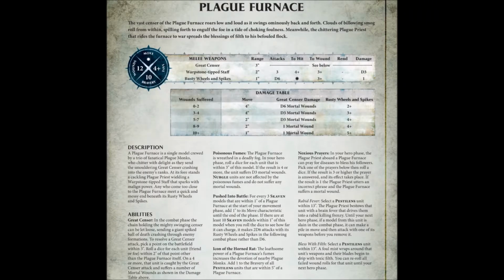The Plague Furnace is a very unique behemoth leader for Clan Pestilens. It can deal out some damage while buffing nearby clan units. 12 wounds with a 4-up save is not bad, but it's so big it will rarely be able to hide from getting shot down. It is a 4-inch movement that increases by 1 for every 3 Skaven models within an